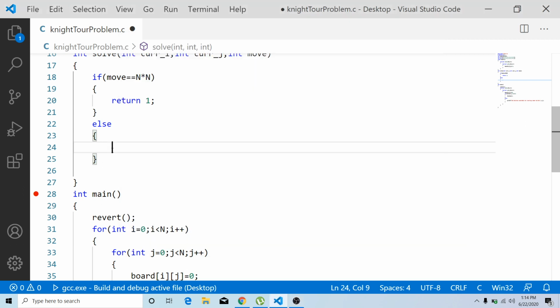Coming here to the else part. Now you have placed your knight in the 0,0 cell. What we said is that from every cell there are 8 possible moves for a knight. All those 8 moves have been initialized in the arrays called x and y.